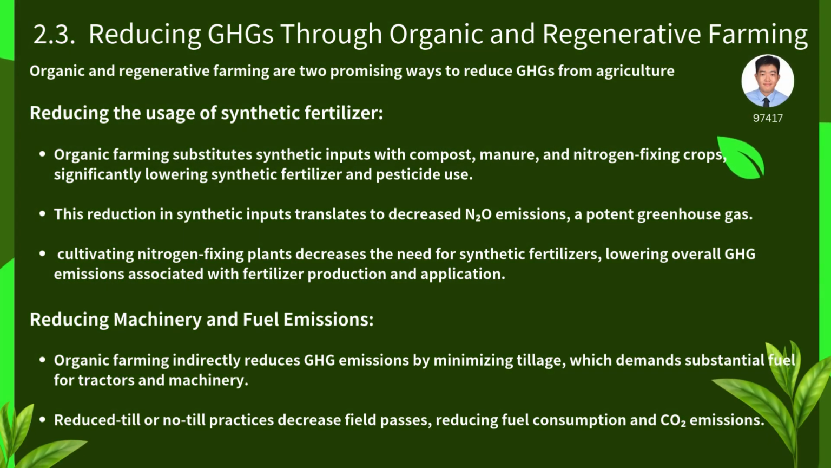Next, we are going to discuss how organic farming and regenerative farming can reduce greenhouse gas emissions. First, organic farming can reduce the usage of synthetic fertilizer. Organic farming can substitute synthetic fertilizer inputs with compost, manure, and nitrogen-fixing crops. This can significantly lower the synthetic fertilizer and